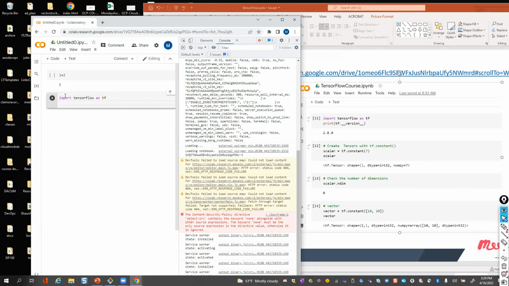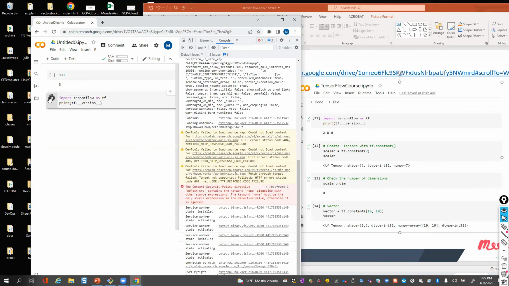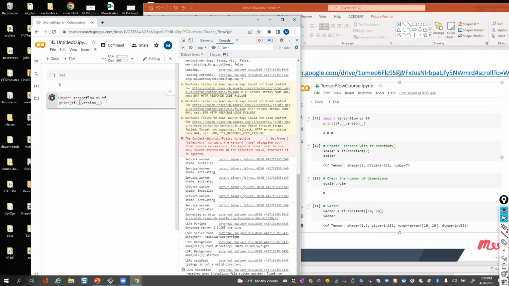And then let's go ahead and print the version, tf.__version__, did it right. If not, it'll tell me I did it wrong. And I just run it. And hopefully I didn't fat finger anything. And everything's running really slow today for some reason.